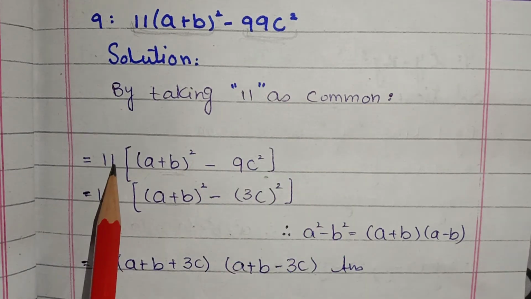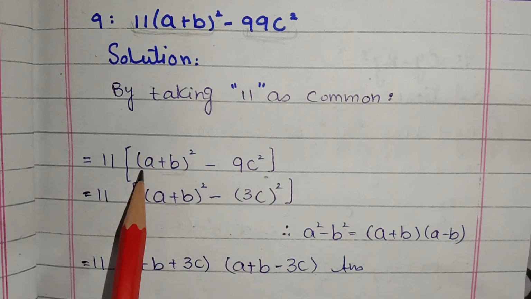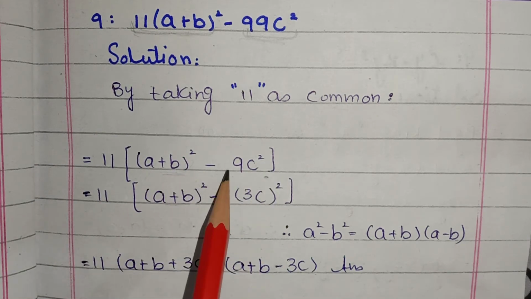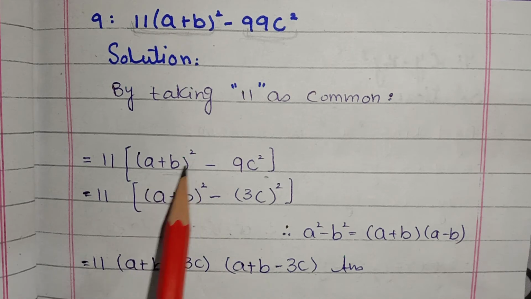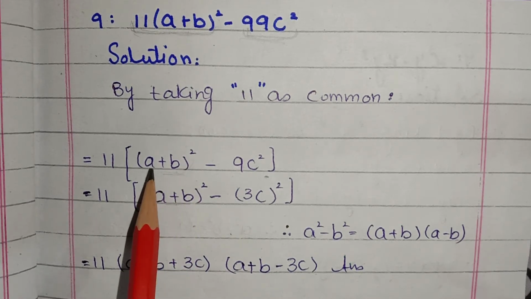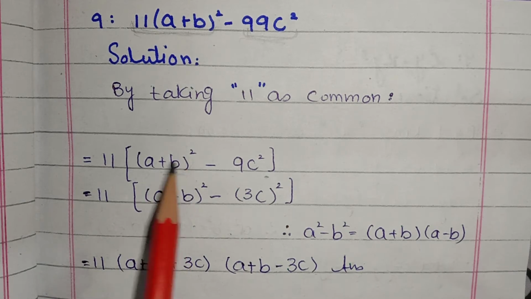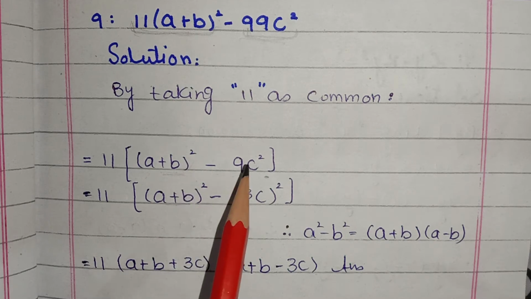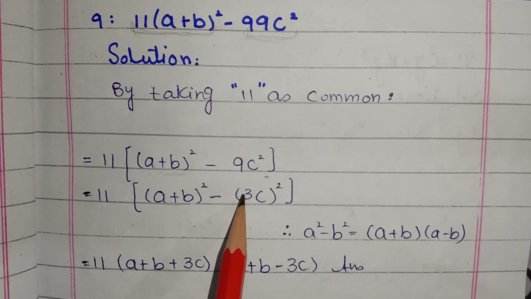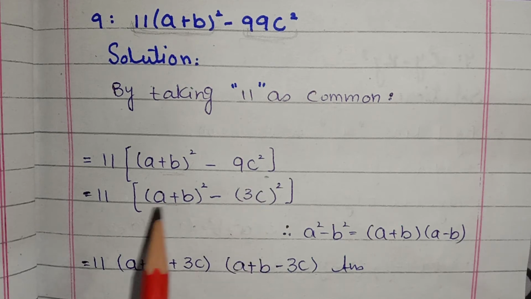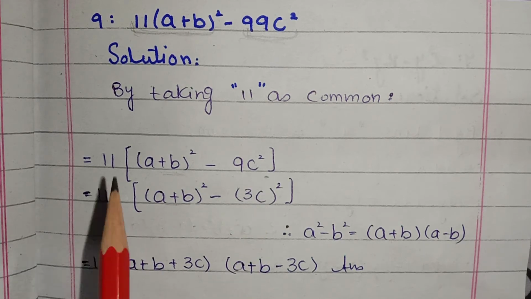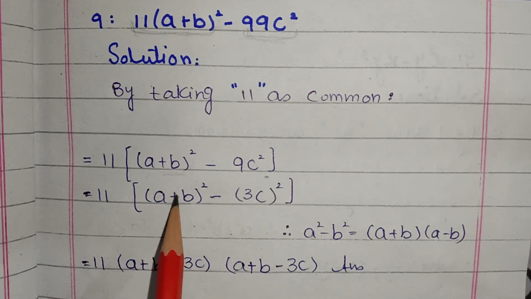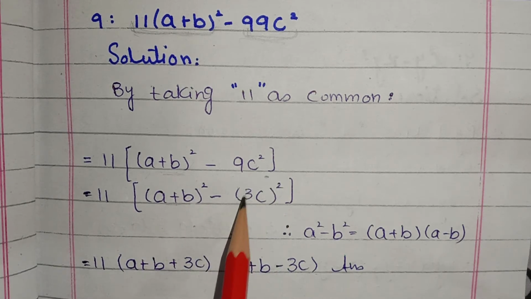As you can see that in both terms 11 can be taken as common, so we will write by taking 11 as common. We will write our common term here, and within a bracket we have left a plus b whole square minus 9c square. A plus b whole square is one term. Students, remember that these are not two terms, this is complete one term having square on it. Students, as you can see that here the square is already given to us, so we will build up the square of second term, which is 9c square. As you all know that 9 is the square of 3 and c square is the square of c. So we will write 11 common term as it is, and within a bracket we will write a plus b whole square minus 3c whole square.